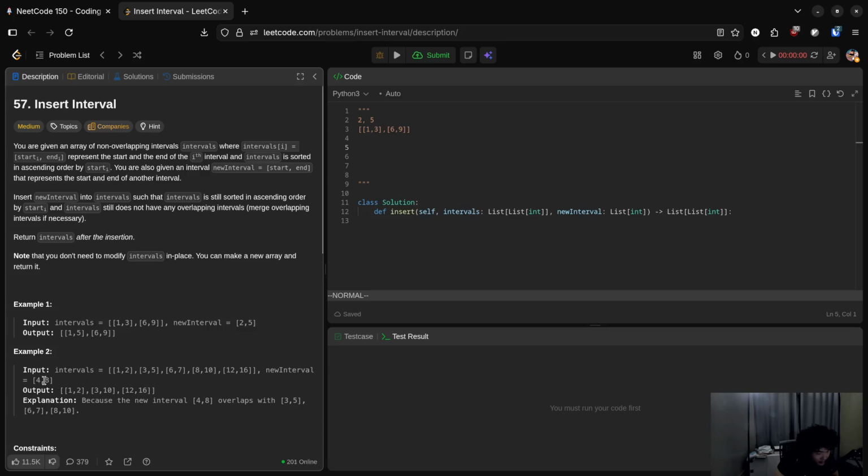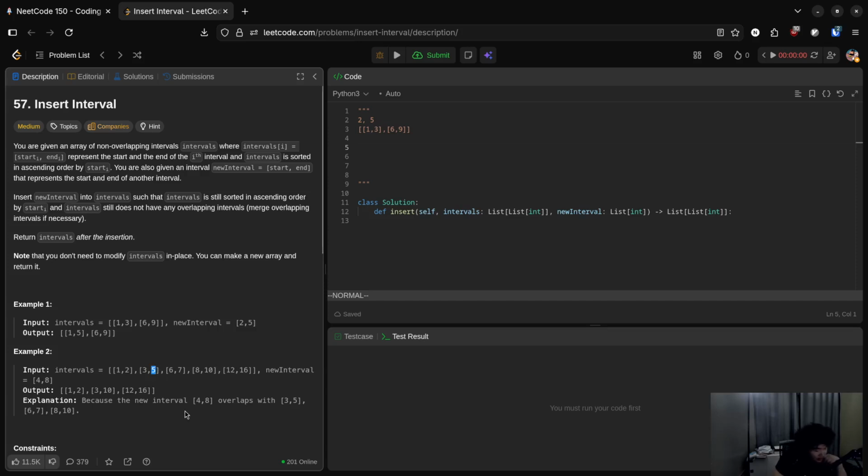I guess if the end is also greater. Basically, if the end of this is bigger than that in the range, and the 4 is in the range of their smallest, then yeah, okay. If the end is bigger than this,